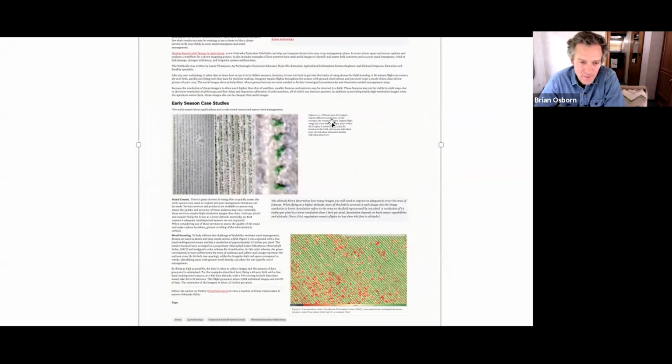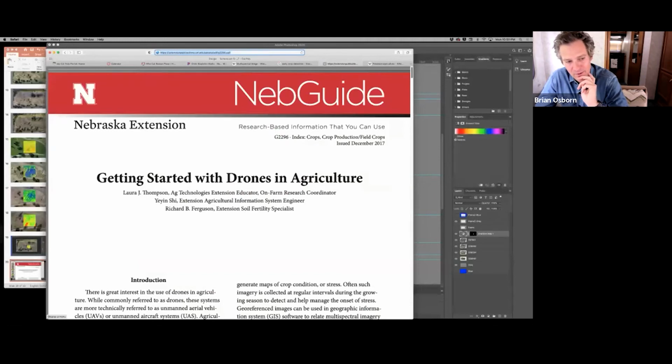So to look at the crop, the image that you're seeing on the lower right is a soybean crop. The red is weed product. The green is, I'm sorry, the green is bare earth, and the yellow is their soybean. So the goal for them is quite pragmatic. They're interested in identifying where the clusters of weeds are so that they can apply herbicides in the appropriate location. But they've done an amazing job of sharing their information and giving this what I call using drones in agriculture for dummies, maybe. But it gives us a good start.